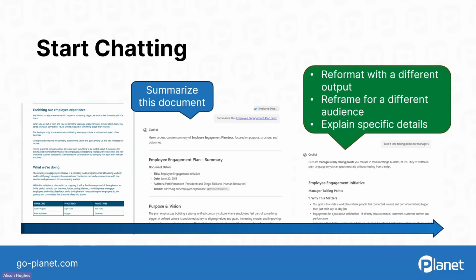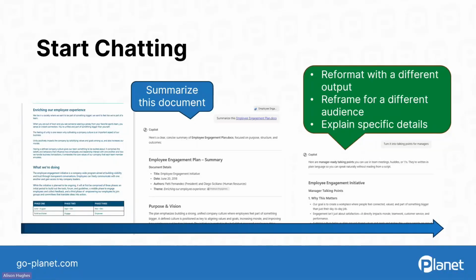So to get started chatting, which we're going to do here next, you are going to simply get started chatting with Copilot, asking a simple question, just like you would if you were speaking with a colleague. So that might be something like, in the prompt box, you're going to say, summarize this document. You're going to attach a document that you want Copilot to summarize. And then once Copilot summarizes that,